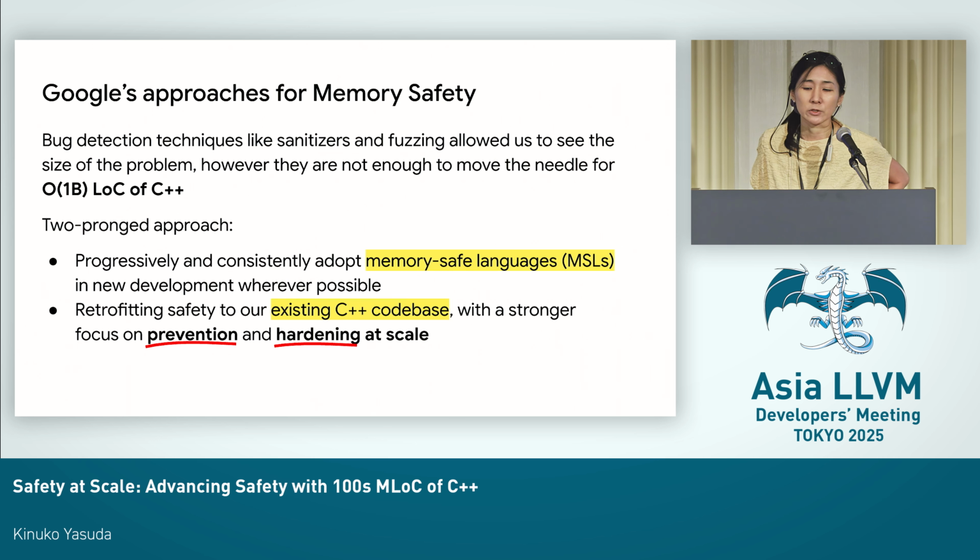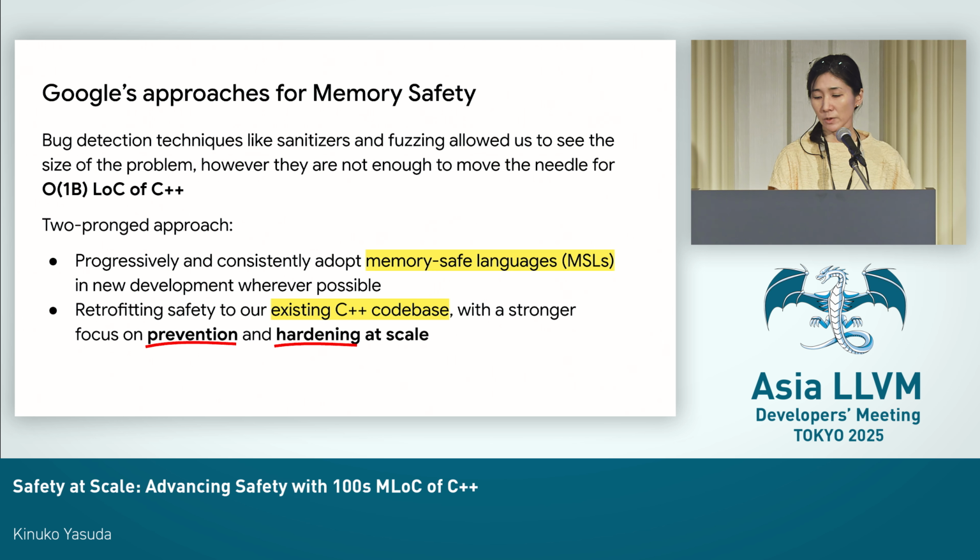So at Google, we've been driving advances in memory safety, especially in the bug detection area. Probably our work in sanitizers and fuzzing, which have allowed us to detect and fix many memory safety issues in our code and also in several open source softwares. However, we've also learned that bug detection alone doesn't help us prevent new vulnerabilities from happening. And given the scale, the portion of new future vulnerabilities in our code base is actually really huge. So with these observations, our latest approach for memory safety is two-pronged.